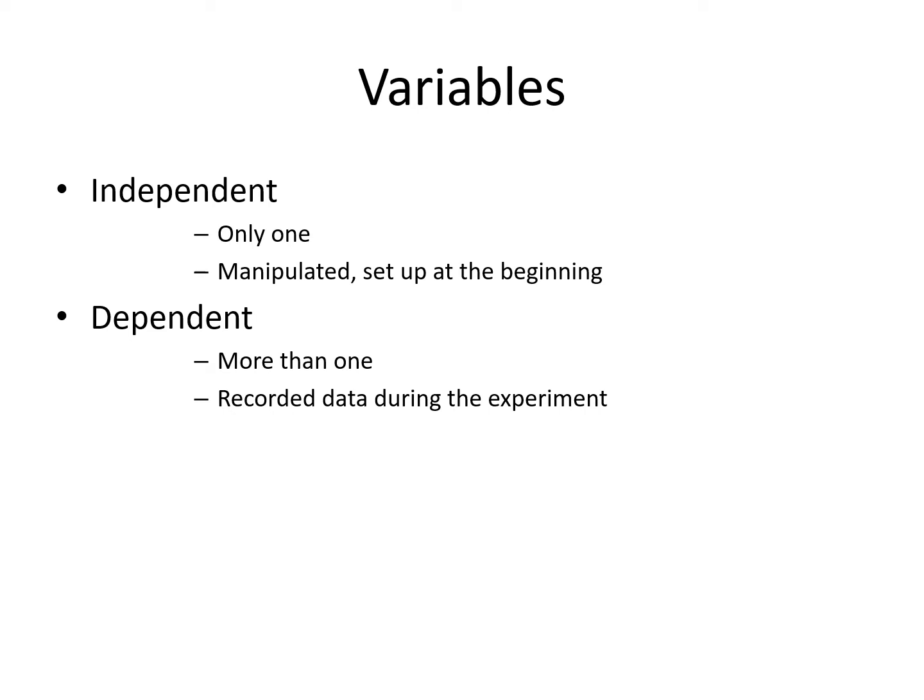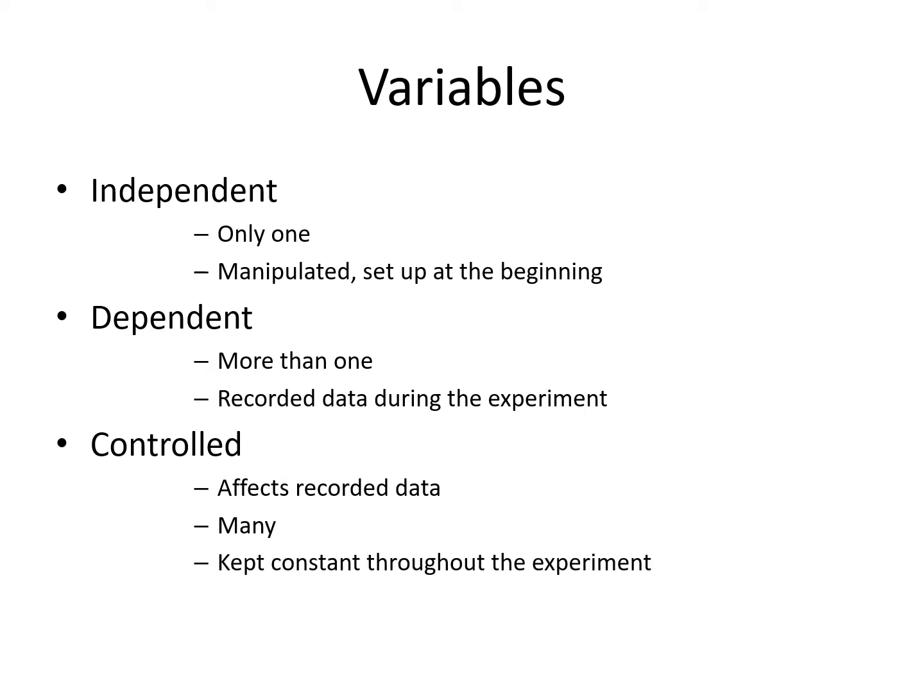So these are the numbers that you are recording during the experiment. So a change in height, change in speed, change in weight. The last type of variable are the controlled variables. And the controlled variables are any other factors that can affect the recorded data, that can affect the dependent variable. And usually there are many different types of controlled variables that you have to keep in mind. And the important thing about the controlled variables is they need to be kept constant throughout the experiment for all